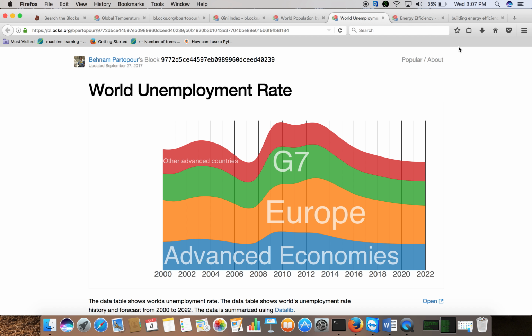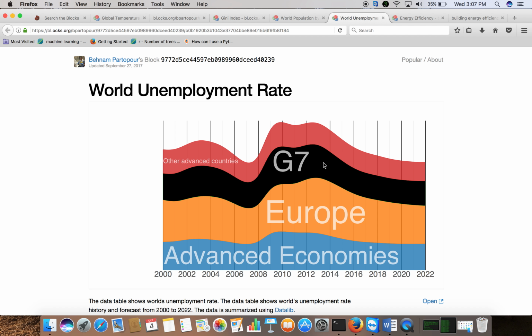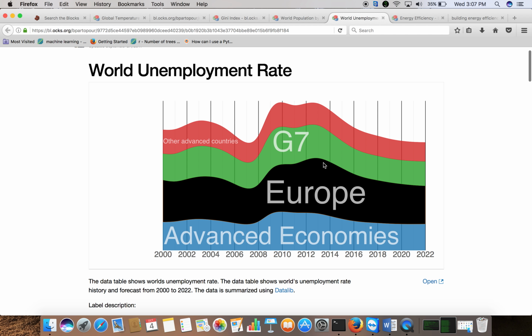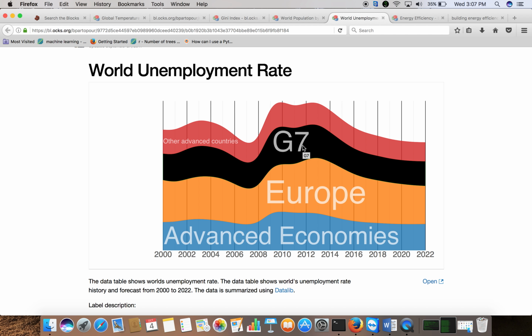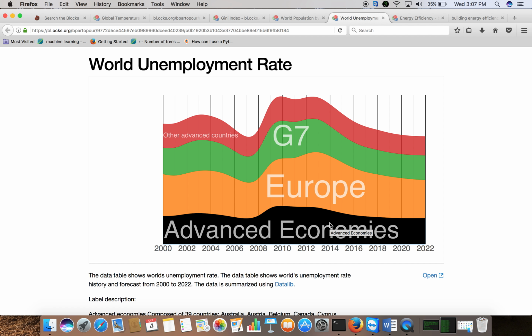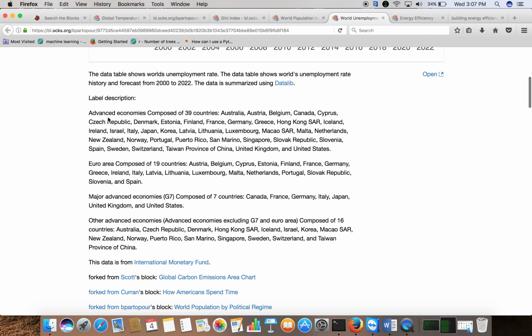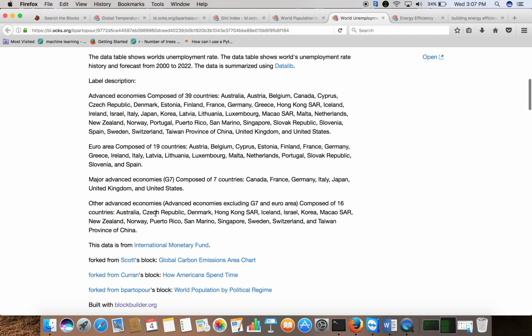Another visualization that I have made is this stream plot of unemployment rate for different categories of countries, economical categories of countries, which is G7, Europe, advanced economies, and other advanced economies. And if we go down here, we have a description of each of these labels that is provided by International Monetary Fund,